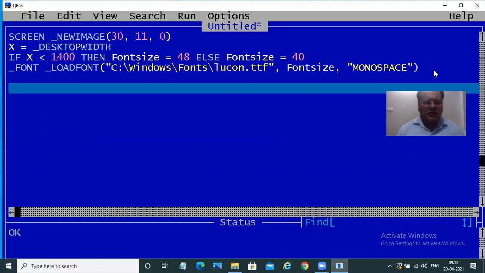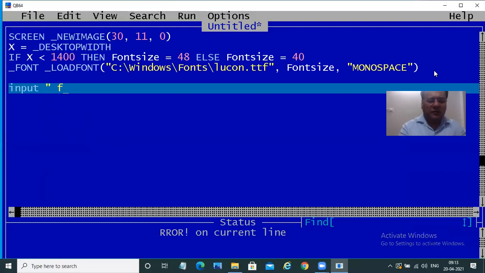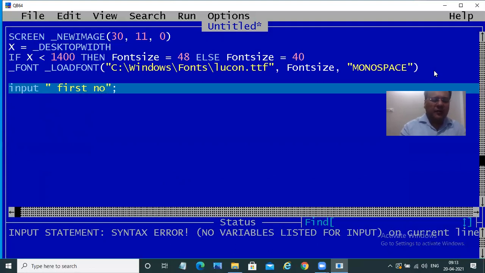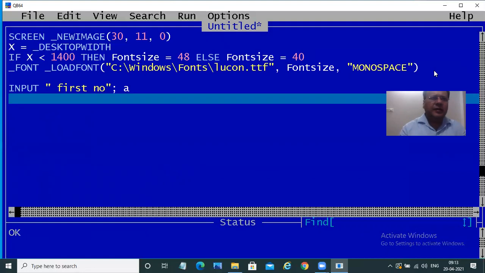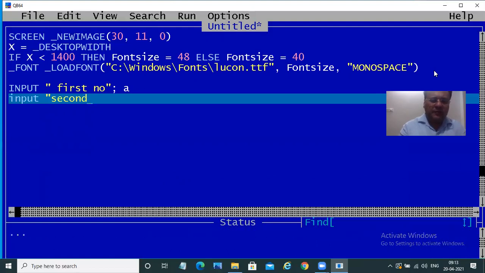Now here I will take input first number. Let us change the value to A, and input second number.